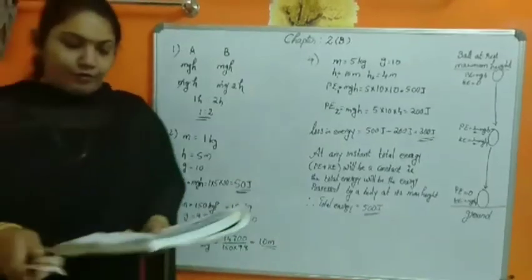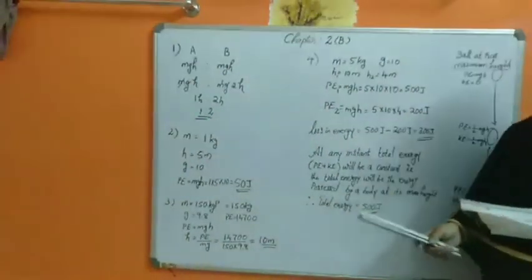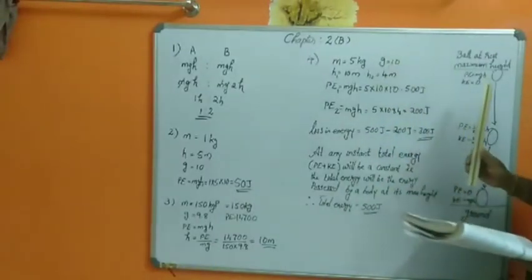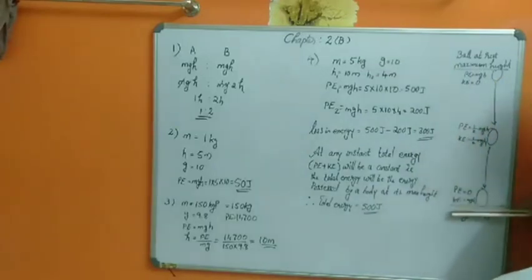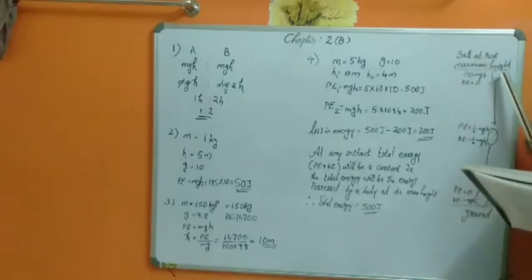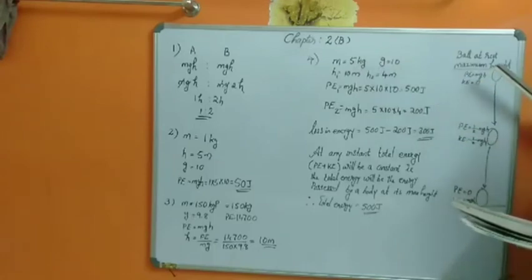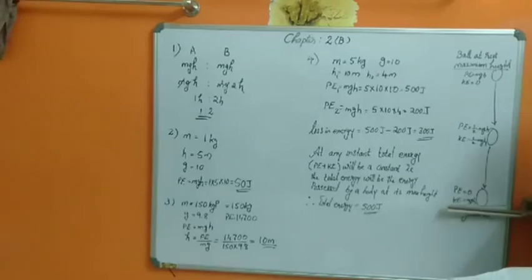Okay. Now the fourth question is, a body of mass 5 kg falling from a height 10 meter to 4 meter. So we are considering a body at a height 10 meter above the ground. You can see this is the ground level. From the ground level, the body is initially at a height 10 meter. Here they are saying 4 meter is the ground. Just imagine it is the ground level. From a 10 meter height, the body falls to ground level, 4 meter height.